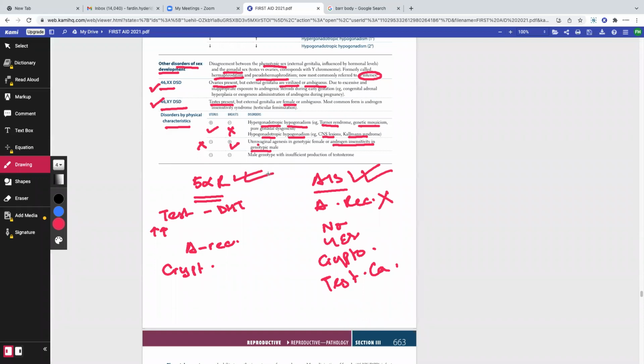Very good. If you have another female who comes to your clinic with primary amenorrhea, the patient has a shield chest, webbing of the neck, and you see that the ovaries are really small in these patients. What is your most probable diagnosis? She's Turner. Turner syndrome. Very good. Okay, thank you so much.